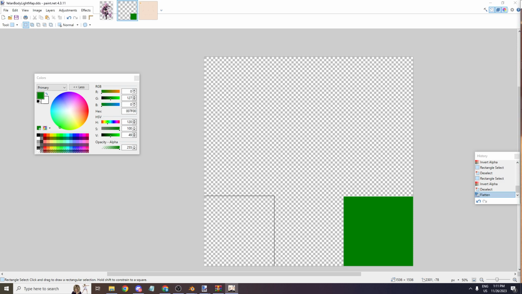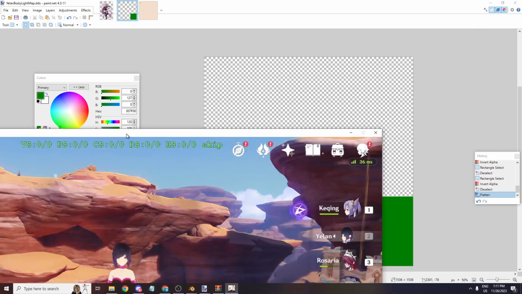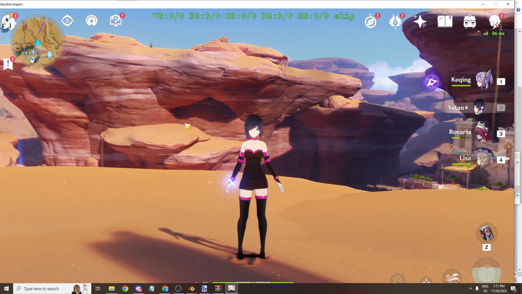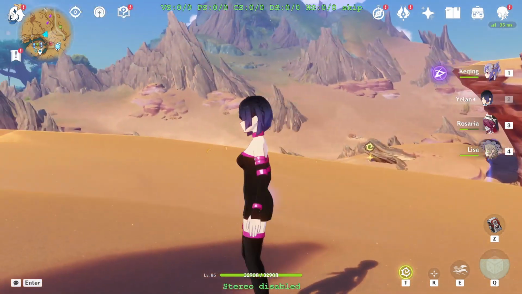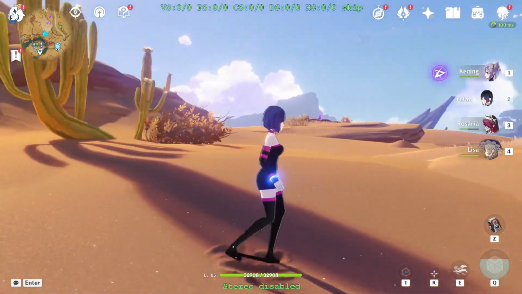So what we want to do is, yeah, I'm just going to change the poly. No, actually, I don't need to change poly to Yelan since I already have Yelan. And here we are. Here is Yelan. As you can see,